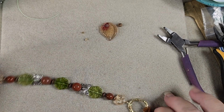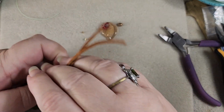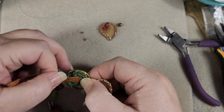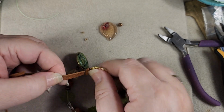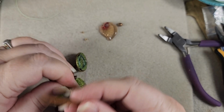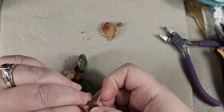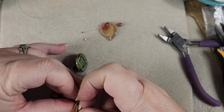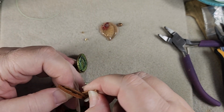So then we want to figure out how big of a loop we need for our button to go through. So we need about that much right there. So we want it to tie about right here. So we just tie an overhand knot. And since you're going to lose your spot generally when you're tying your knot, before you tighten it down,